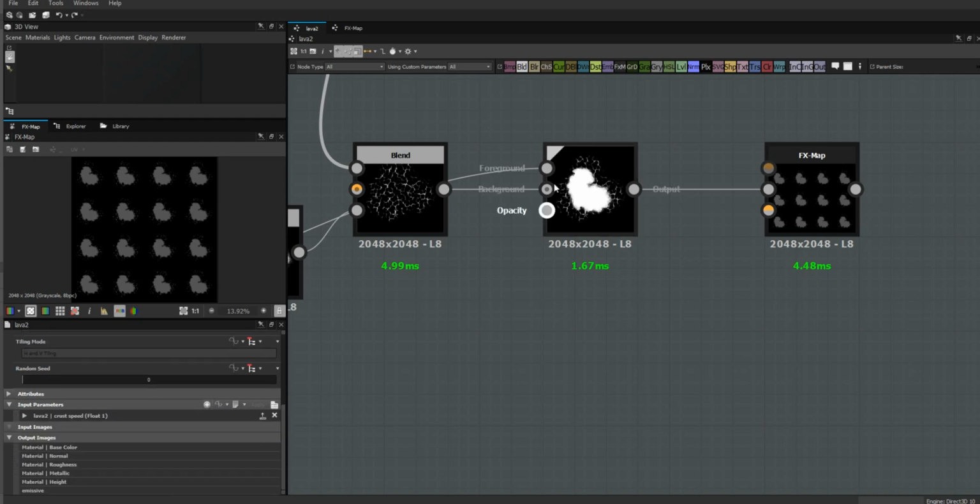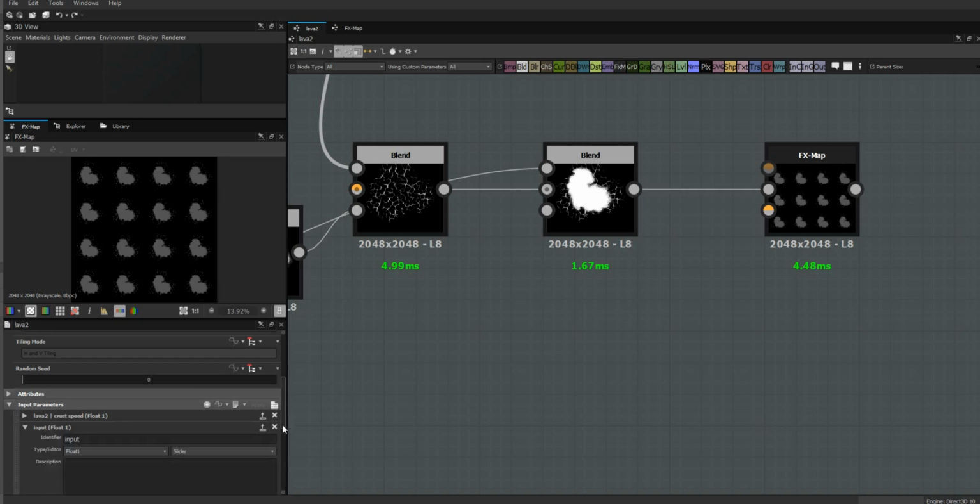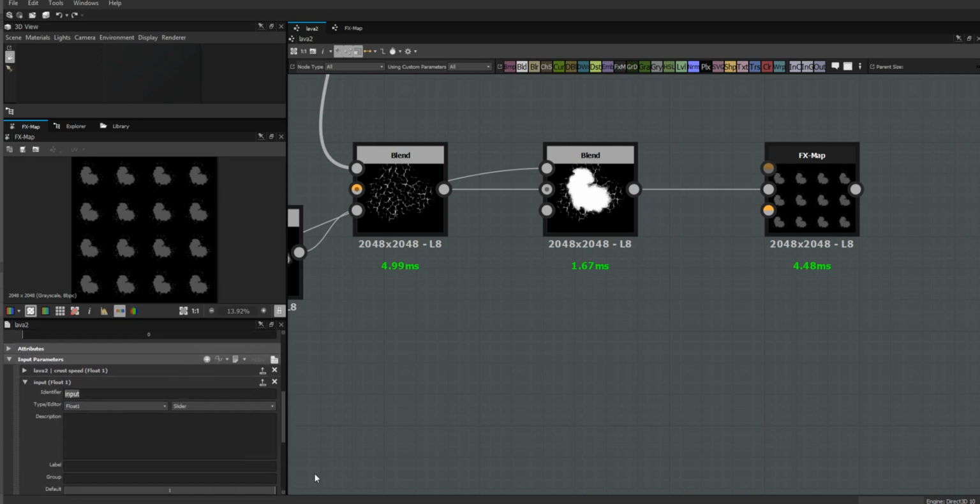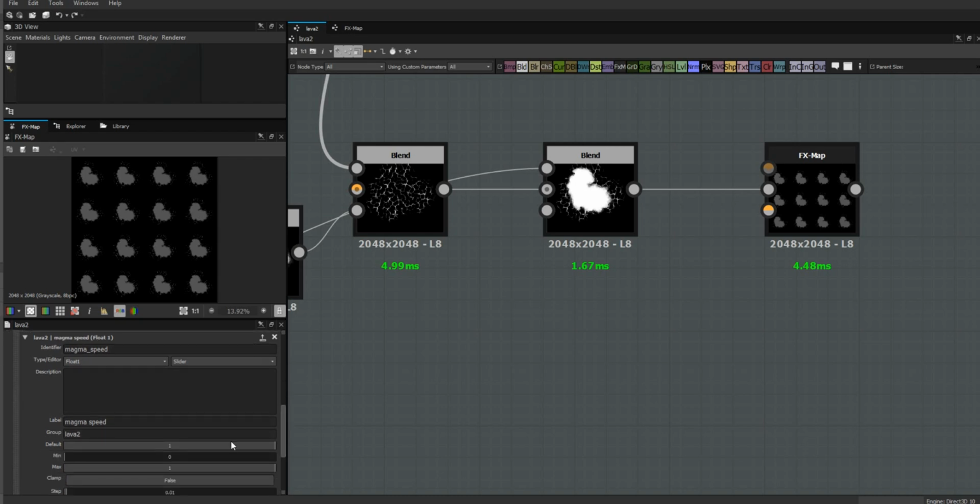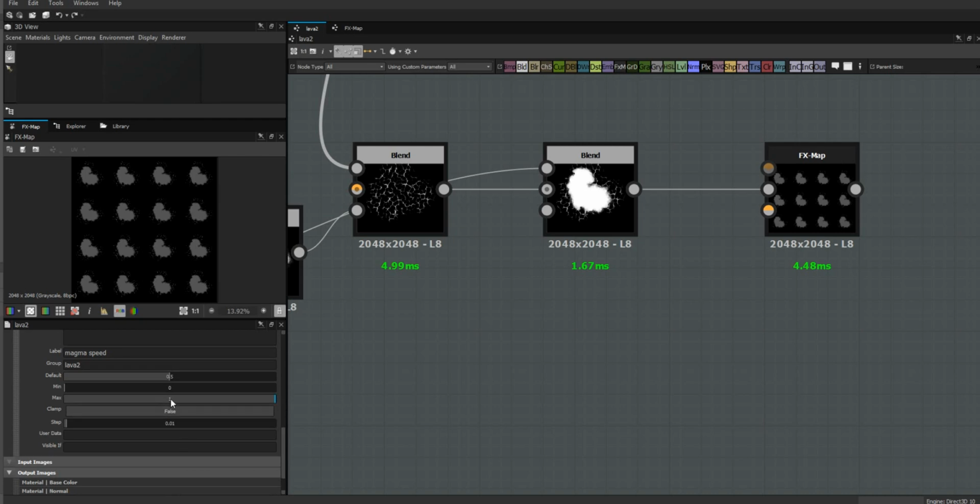And that's the one we're going to use in this effects map, but we might as well make the other one now too. And we're going to call this magma speed. Again, I'm just going to copy it, paste it, and make a group. And I'll set the default here to 0.5 as well, where we'll probably change it later. And I'll make the ceiling 10. All right, so we're ready to get back into our effects map